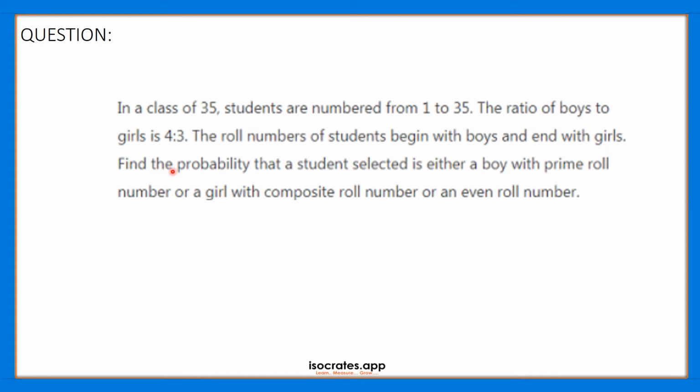Find the probability that a student selected is either a boy with the prime roll number or a girl with composite roll number or an even number. And the probability of finding such an event is nothing but the probability of finding three events, that is event A or event B or event C. This is an example for the same. So we have